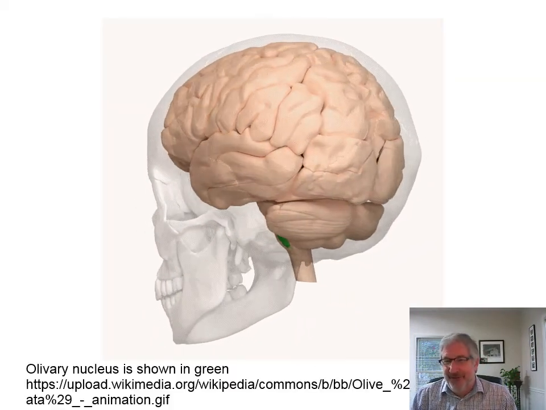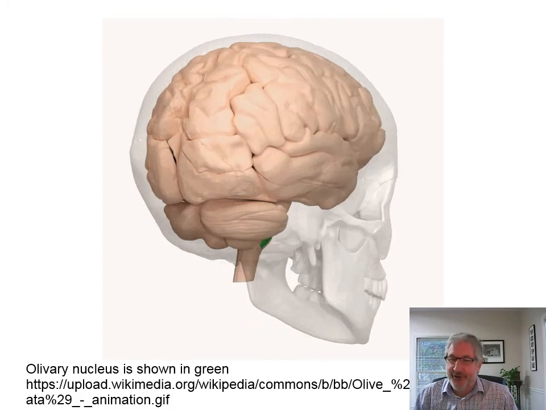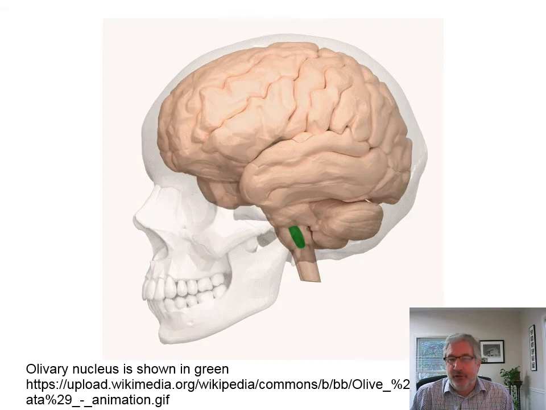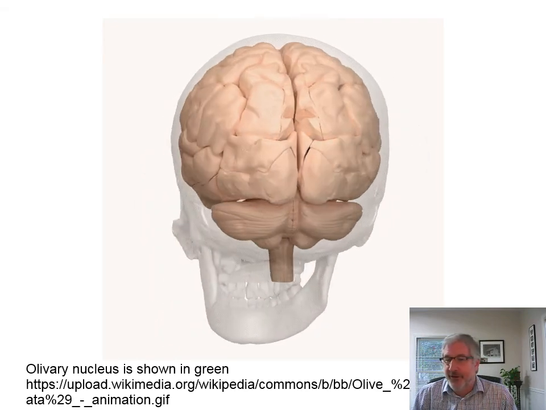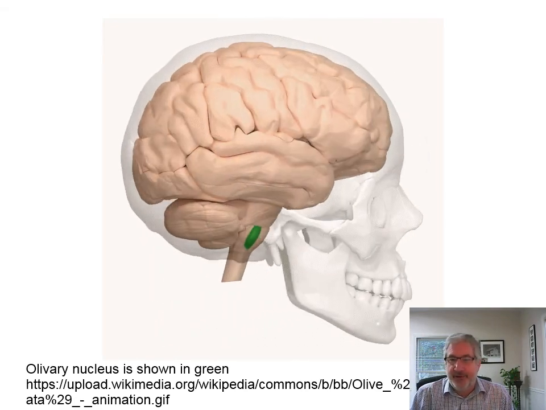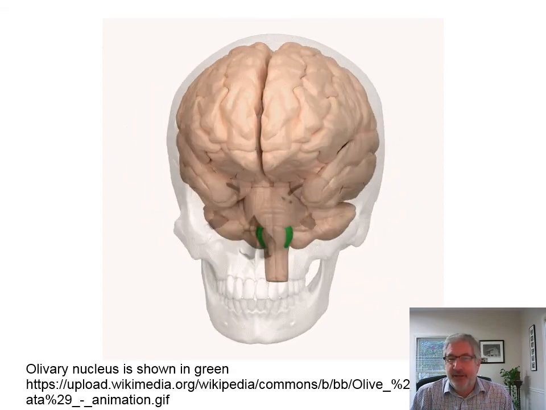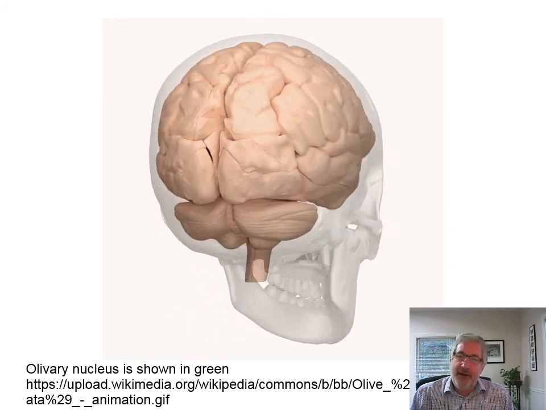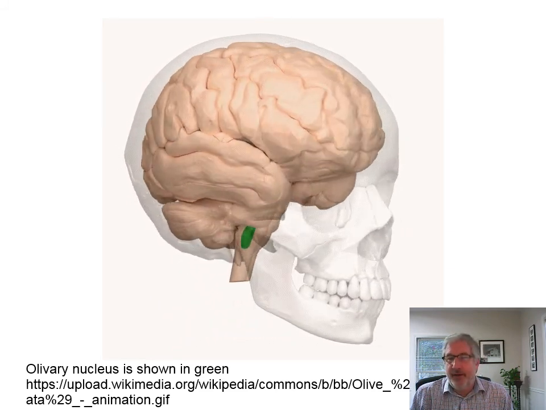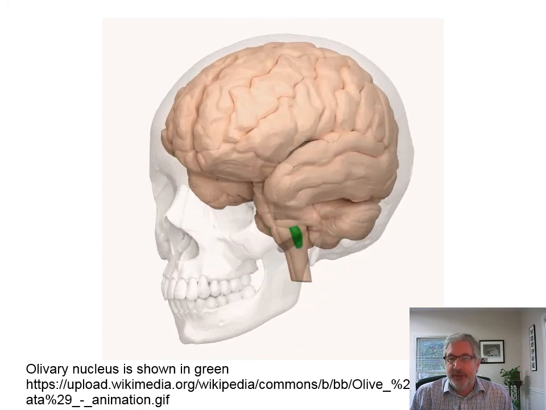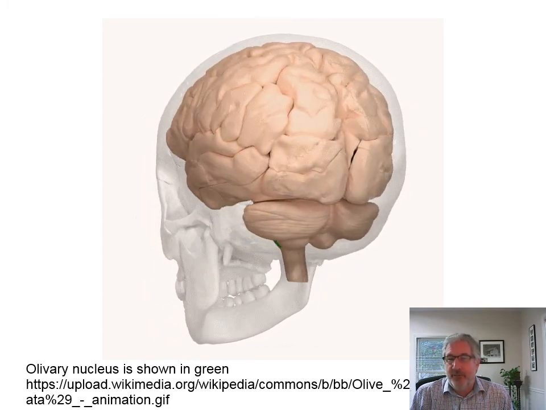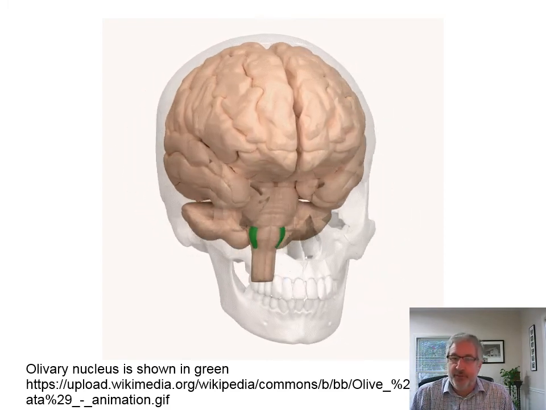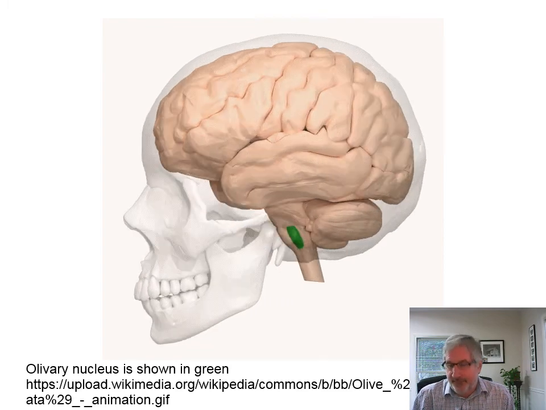Here, I found this animation online, so I thought that was kind of fun to show. It's actually from Wikipedia. You can see the little green parts down there. Those are the olivary nuclei that you can see when the skull spins back around. You can see the longitudinal fissure of the brain right there, and then you can see the right hemisphere of the brain, all the lobes. You can envision the lobes, and you can see the anterior side, and now the posterior side, the cerebellum, and then the anterior side with the medulla and the pons all around there. All right, next slide.